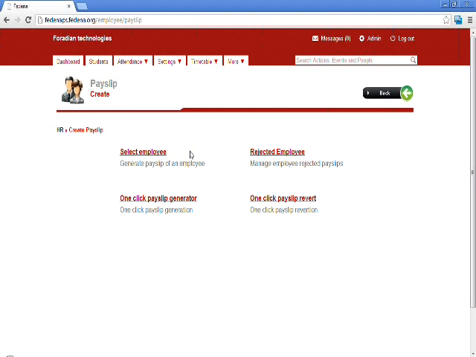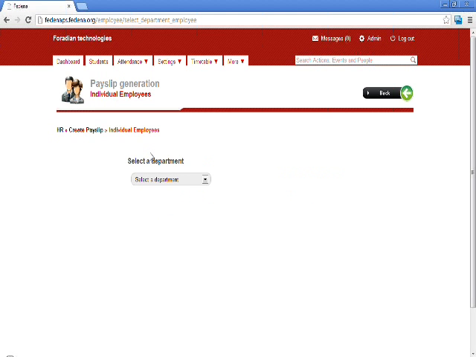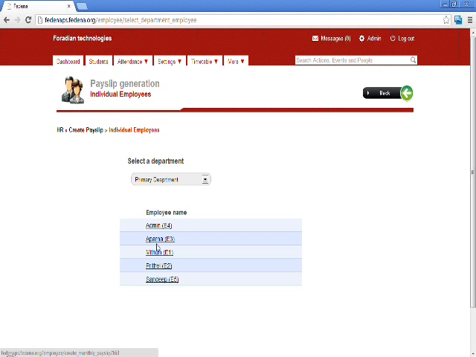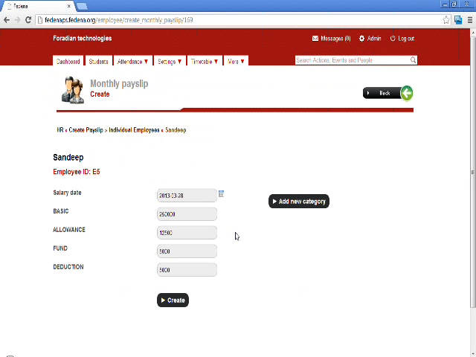We can either create the pay slips individually for the employees, or else we can generate the payslips using one click. If you want to manually create the payslips, first select the department, and if you want to create the payslips for a particular employee, click on the name. And if you want to add a new allowance for this particular employee,